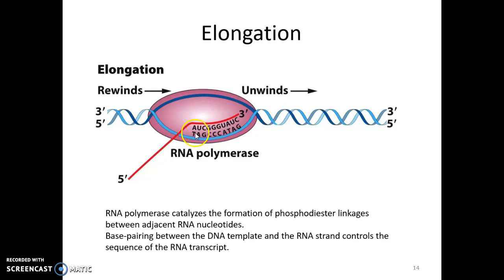So the template is utilized to select the correct RNA nucleotide, and the formation of the covalent bonds called phosphodiester linkages between RNA nucleotides is catalyzed by the enzyme RNA polymerase. So RNA polymerase catalyzes the formation of phosphodiester linkages, and base pairing governs or controls the identity of the nucleotides. And that's really all there is to say about this, other than RNA polymerase is a pretty cool enzyme in